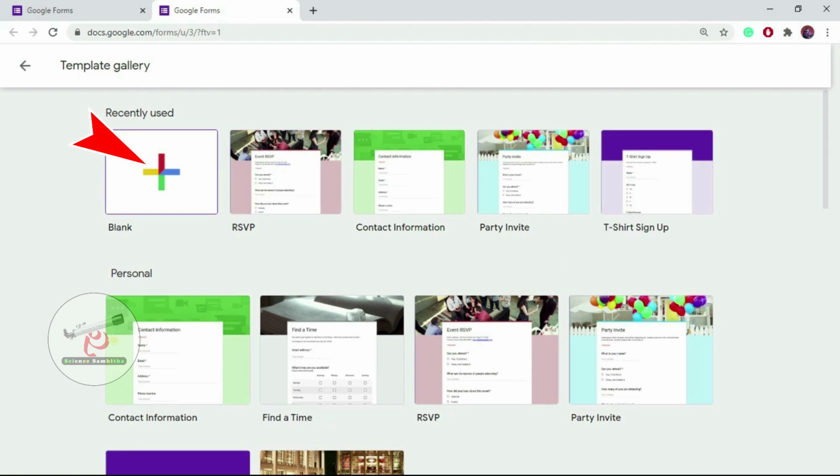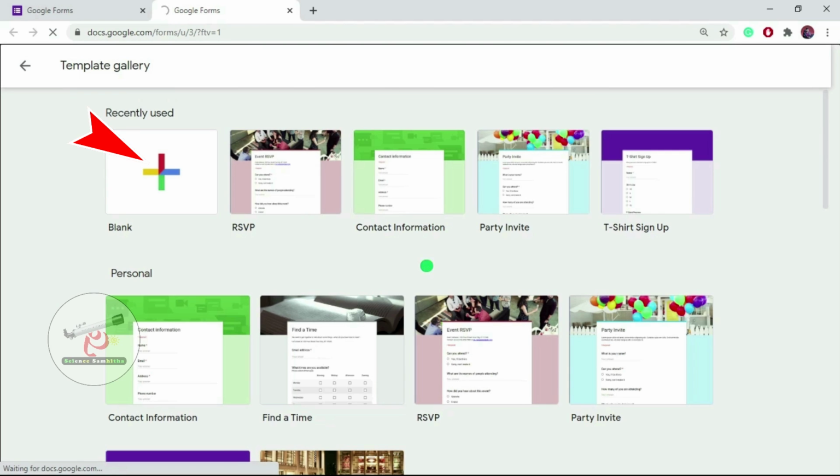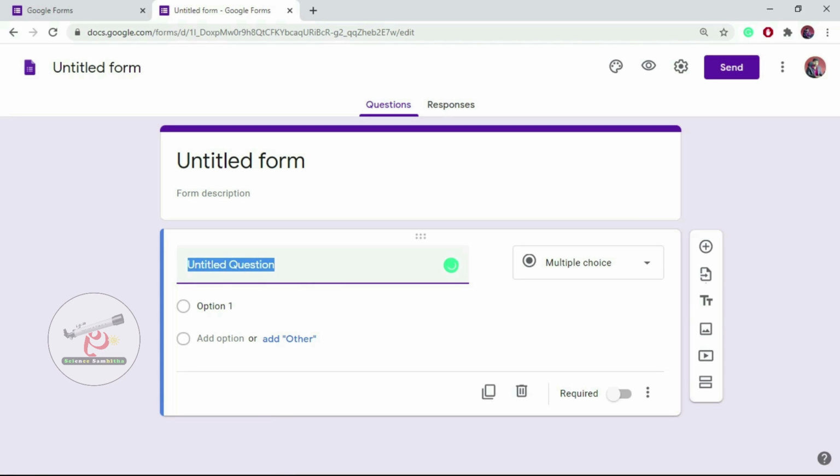But if you are very particular about your form and want to give it a new shape and a unique design, then you can click on this plus icon to create a blank Google Form. Yes, let's create a very simple Google Form. My intention in creating this form is to get details of my colleagues, like their name and their mobile number. So this is the Google Form that I am creating here to collect those details.